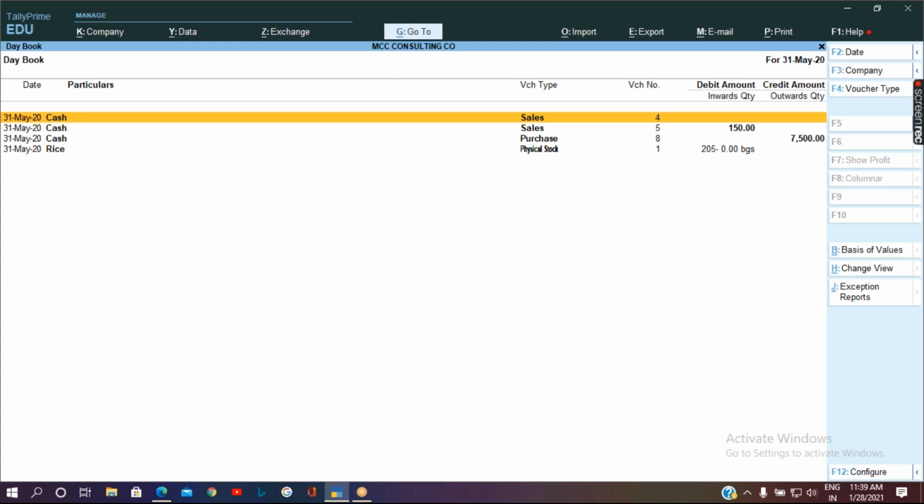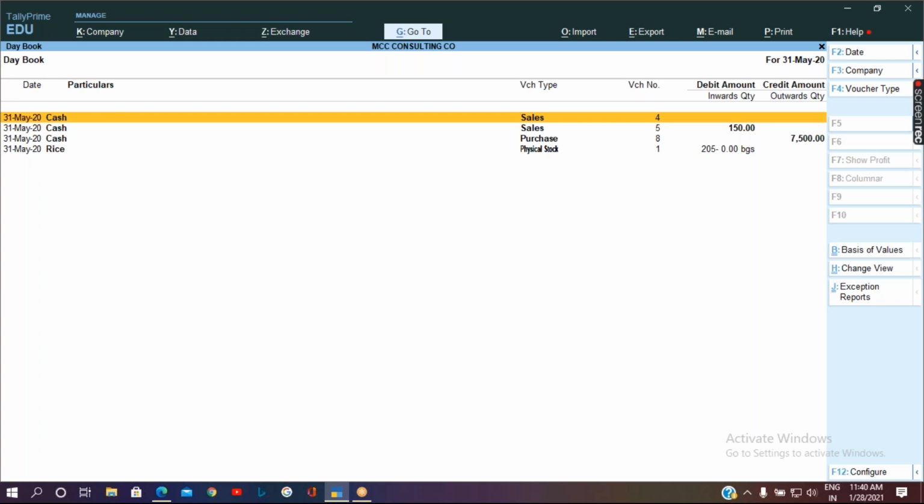So that is by enabling the option in the respective voucher type alteration screen. By enabling allow zero valued transactions, when we enable this, we can accept the transaction with zero value. When you give it as a free sample or as a gift, where it should not be raised with any value, that is called a zero value transaction. So in such scenarios we can enable it in the respective voucher type alteration screen with the option allow zero valued transactions as yes.